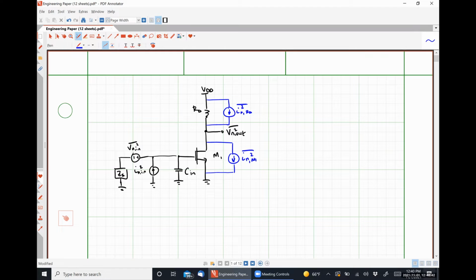And based on the results of our last example, and we can walk through this real quickly if you want to, obviously, there's going to be some total noise current at the output that is going to flow through that resistance RD if we are neglecting the output resistance of the transistor itself. So that we would wind up having VN out squared is equal to IN total squared times RD squared,